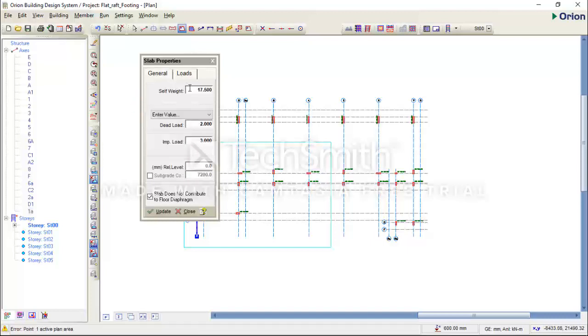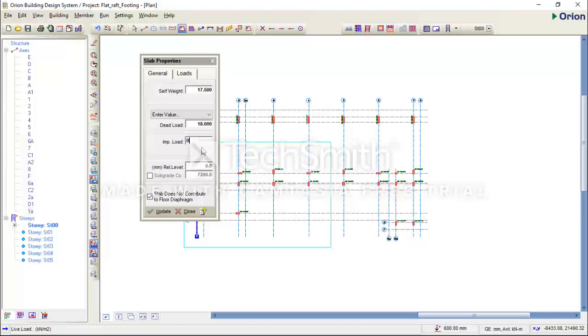I'll go to the load tab. I'll calculate the self weight of our proposed slab from the thickness I specify, 700 mm. The additional dead load will be the weight of our soil on the raft foundation, and we know that the unit weight of our soil is 18 kilonewton per meter square from site investigation reports. The imposed load, set it to 0.